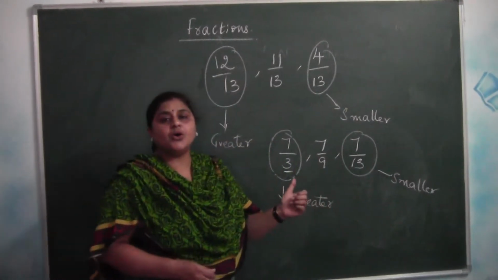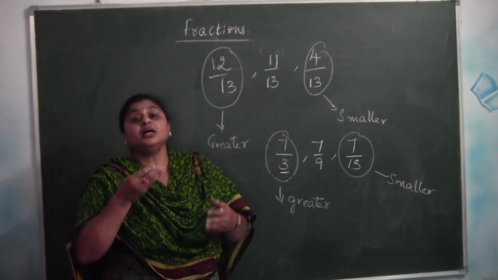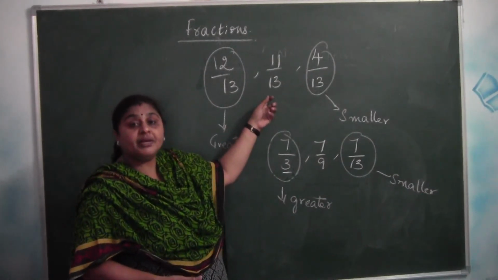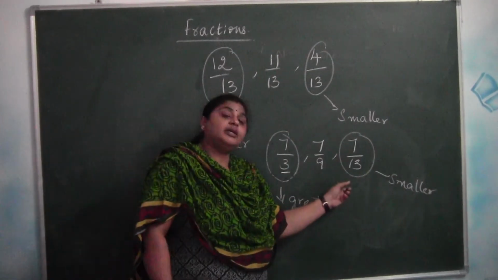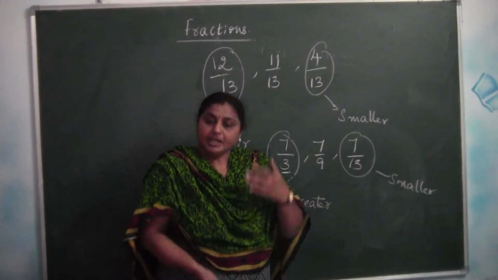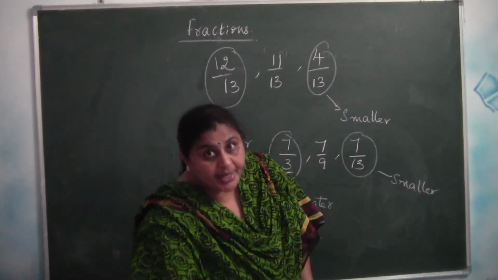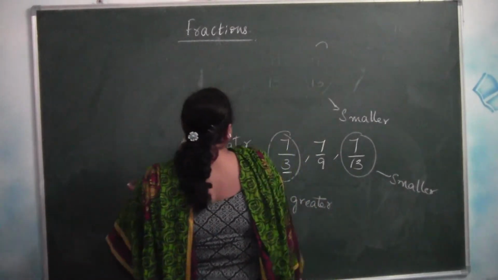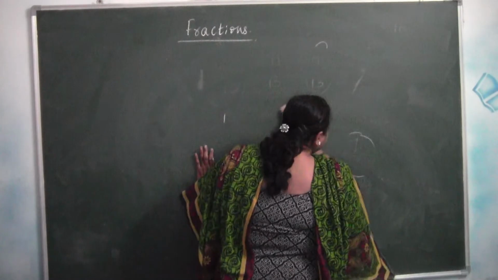That's it. This is how you will compare the fractions if the numerators are same, or denominators are same. Okay. Then if both denominators and numerators are different, in that